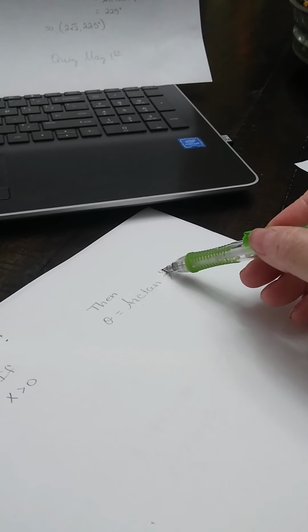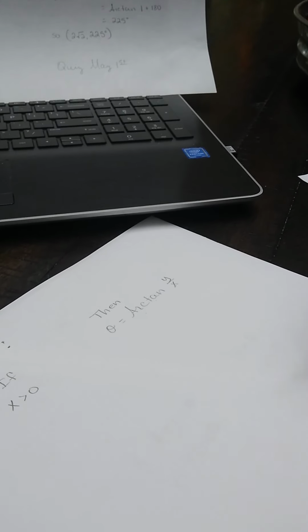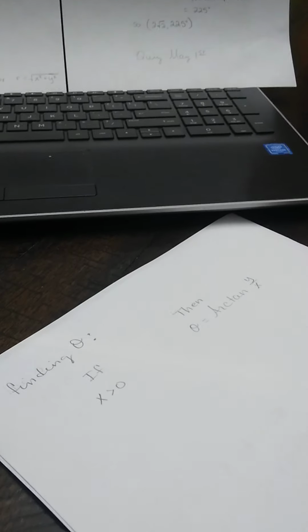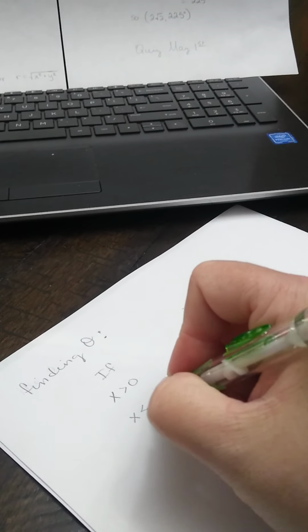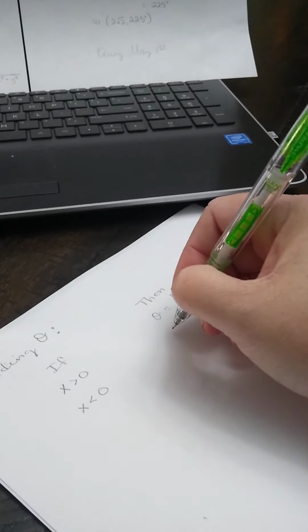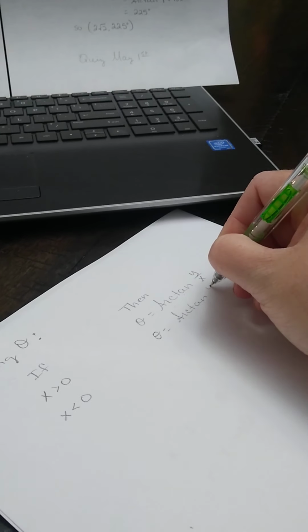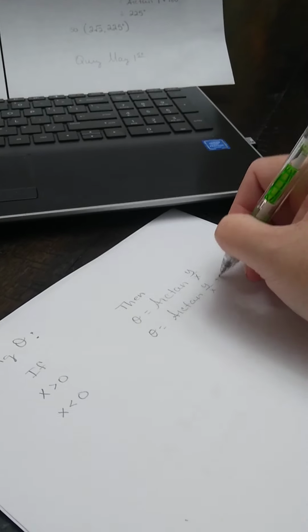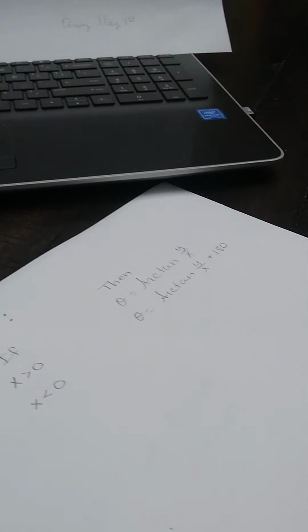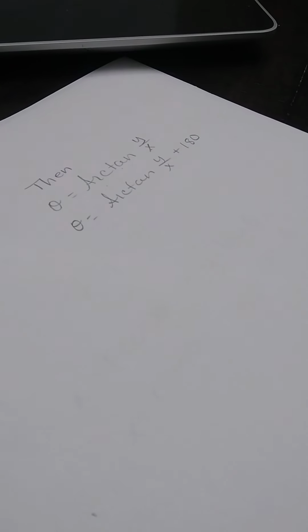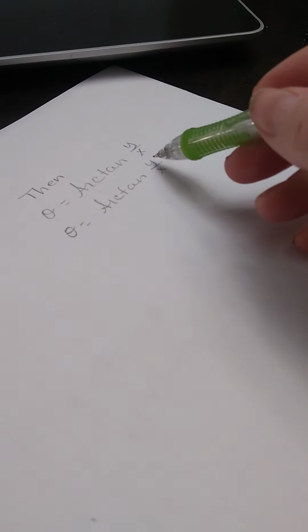Put a fraction, your y coordinate over your x coordinate. That gives you your theta, if x is greater than 0. If x is less than 0, then theta is the same thing, arctangent y over x plus 180 degrees. So you can plug it in just like that. You can put shift tangent, open your parentheses, y over x, close your parentheses, plus 180 in your calculator and